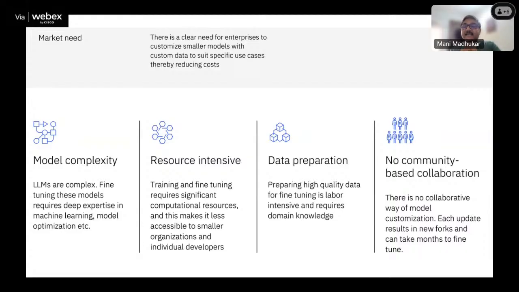Imagine the kind of training costs that would go into training those models with such huge resources, so much data, right? And if you again go back to what ma'am just put on chat, right? Data pre-processing. Any data which has to be used for training a model needs to be pre-processed. If you understand the cycle of the entire AI machine learning and data, you will find 80% of the resources, 80% of the time is actually consumed by data pre-processing itself. So imagine if you're doing this pre-processing with so much data, how labor intensive, how much time, how much domain knowledge will that require, right? And of course,